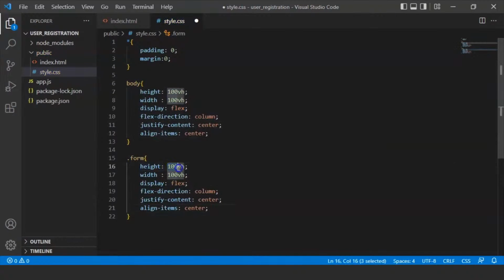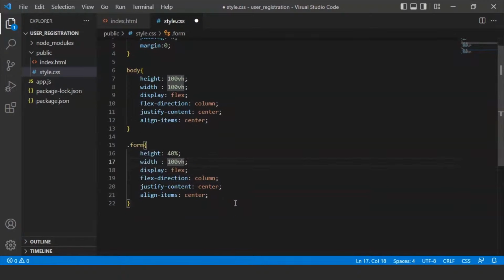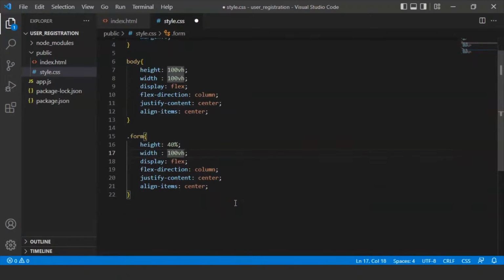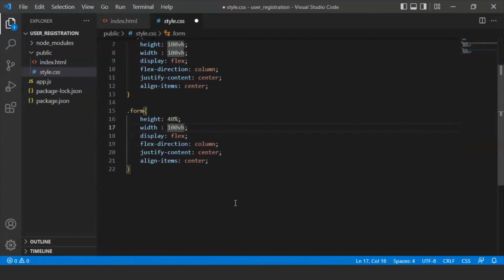We don't want the height of the form this much. Let's create it 40%. Width will be 100 only. Display flex will be here, direction will be column only. Justify content,